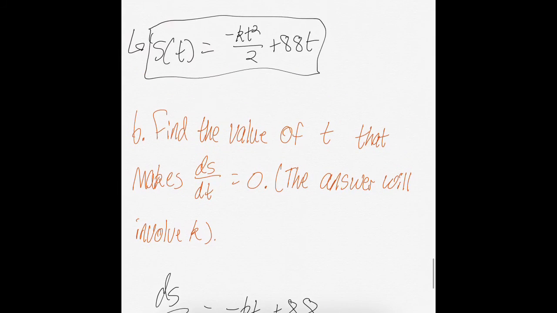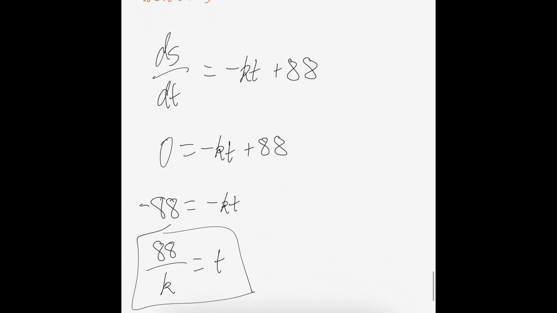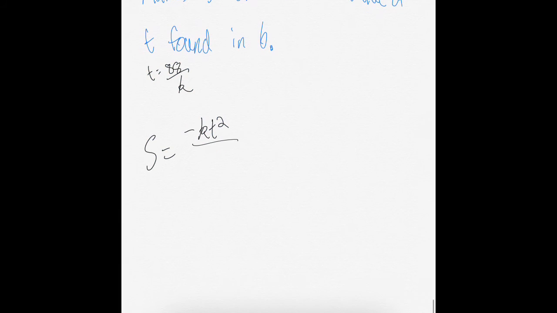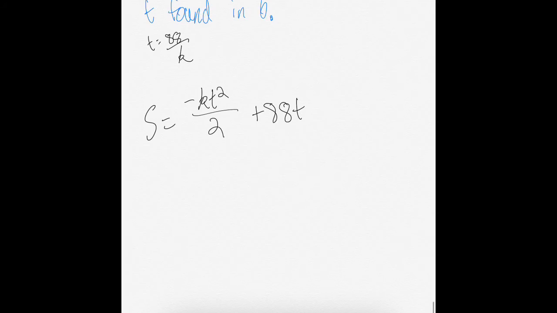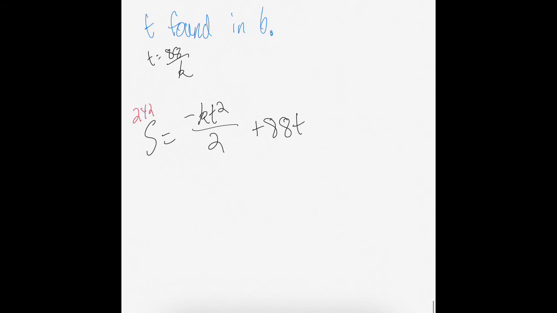For the value of t found in step B. Value of t found in B. And that value was t equals 88 over k. So find the value of k that makes s equal to 242. Well, s is negative kt squared over 2 plus 88t. And so what you'll do is you will set